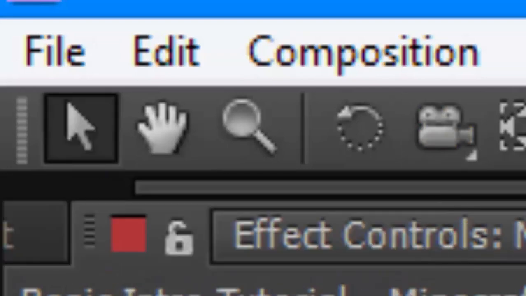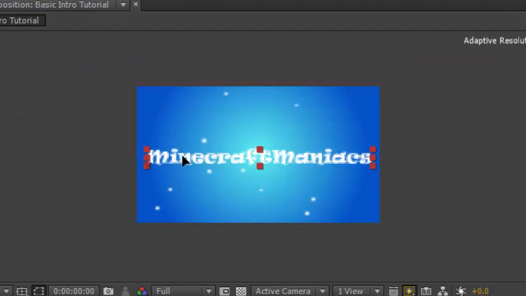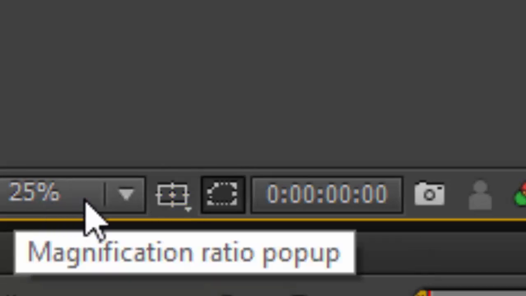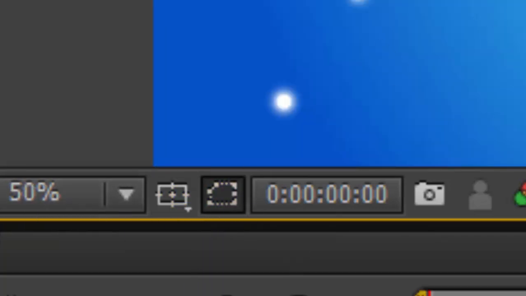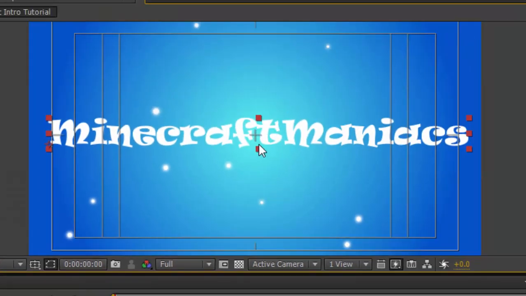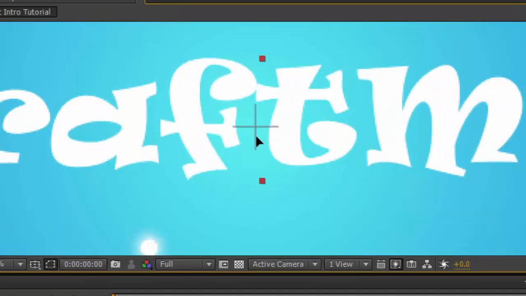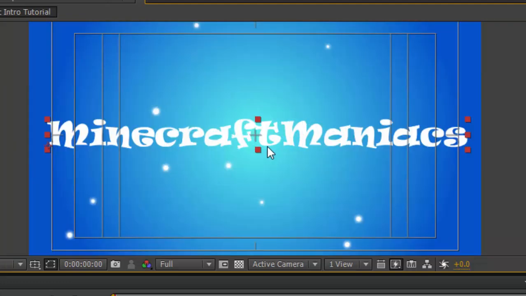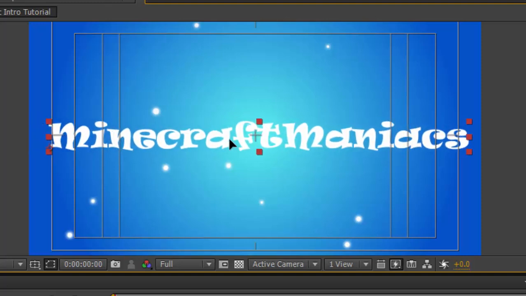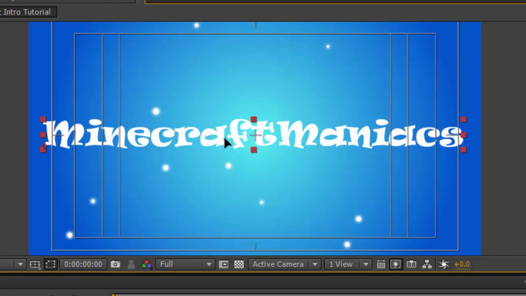Now I'm going to go up to the selection tool again from the tools, and down here where there's like 25%, all these kind of things, but we can zoom up one more. So it says 50%, and next to this here, we click on that, and we go to title/action safe. Click on that, and you'll be able to put your things in the middle, and there will be a frame. So this is around about the middle now. So you want to kind of get the middle, which is about there,